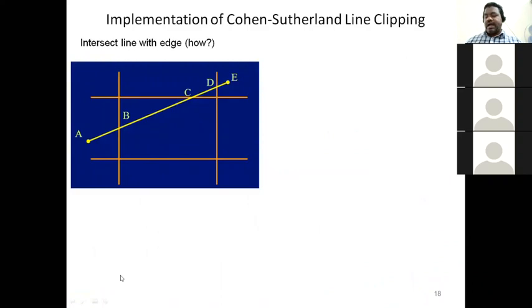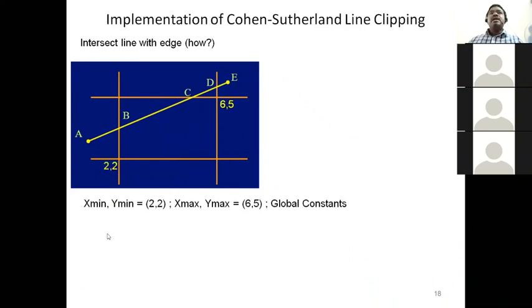Okay. So this is the example. You observe carefully. This one I have made. Right. Here, this shows the viewport. You just watch the cursor. This is the viewport. Understand? So the viewport, the lowermost corner and this corner, I am giving certain values for the sake of understanding. So this is 2, 2, this is 6, 5. It means x minimum, y minimum is 2, 2, x maximum, y maximum is 6, 5. I am defining the size of the viewport. Or it can be called global constants.